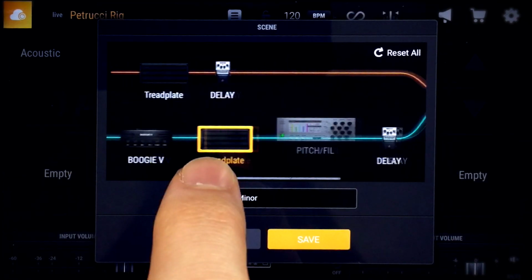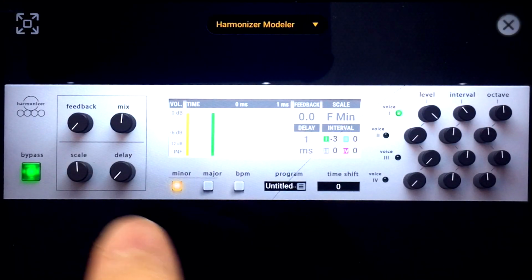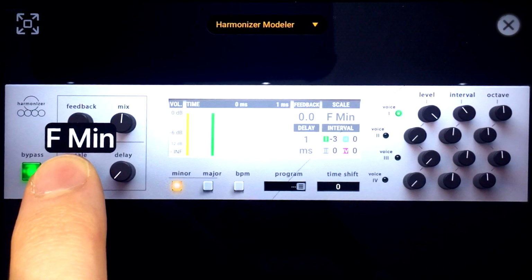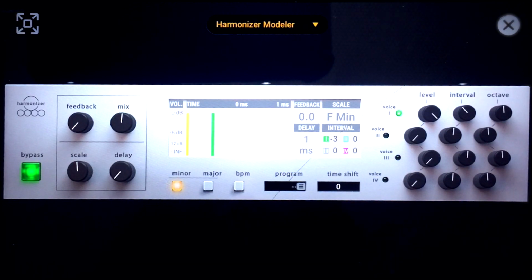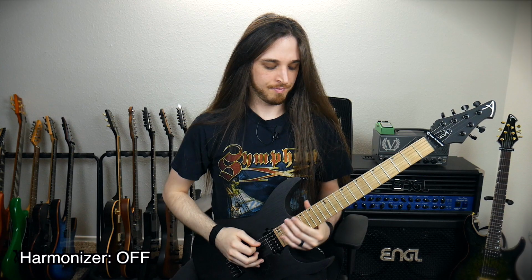And what I'm going to do is come over here, turn the effect on, tap on it, double tap it to edit the change. I'm going to find the scale, so where I say F minor, and I want it to go down 3, which is perfect already, and it's all set. So now if I close this out and I hit save,